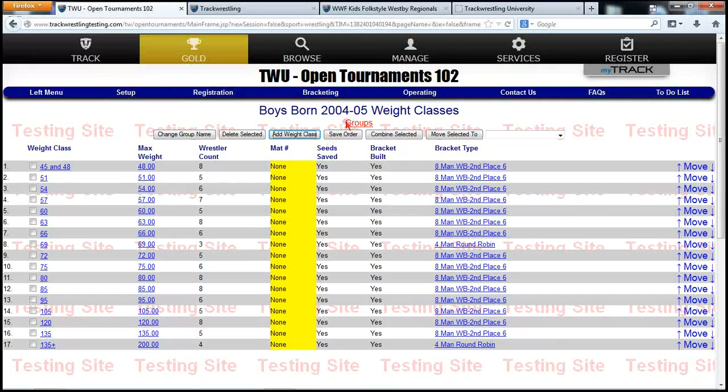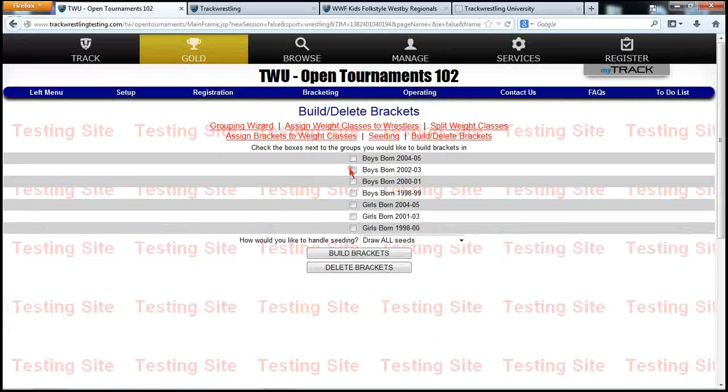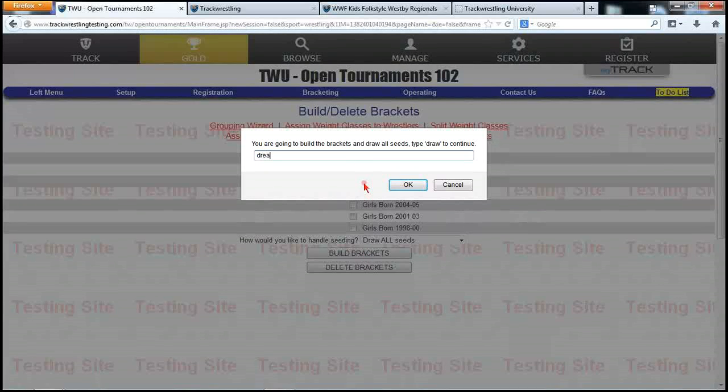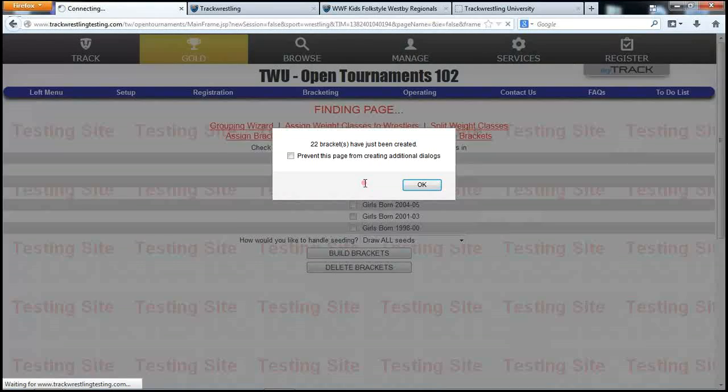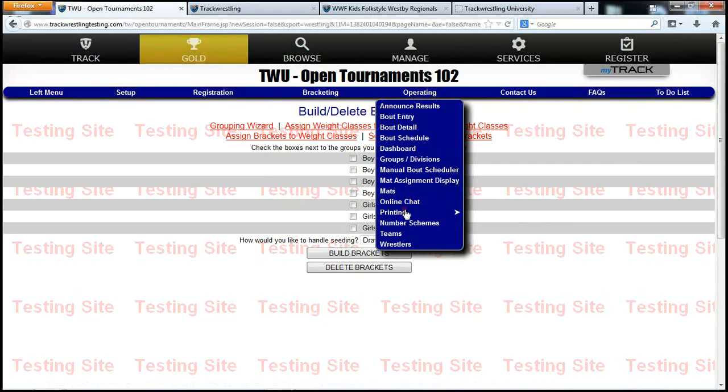The one thing I'm going to do is build one more group just to show you number schemes. So if I go to build brackets, and I come here, I'm just going to draw them again. I'm going to build one more group full of brackets. So I just built 22 more. So we're going to talk about applying the number schemes. If I go to number schemes,